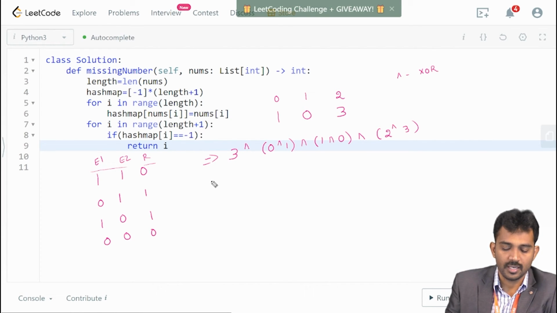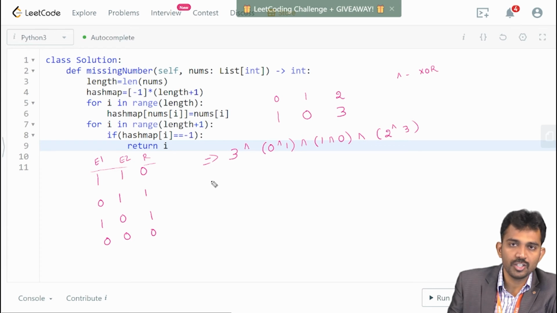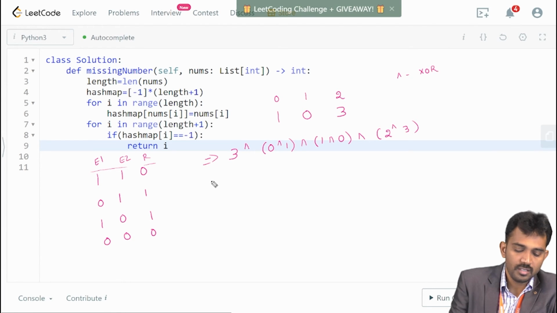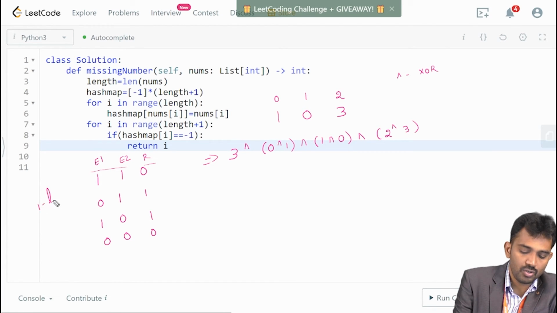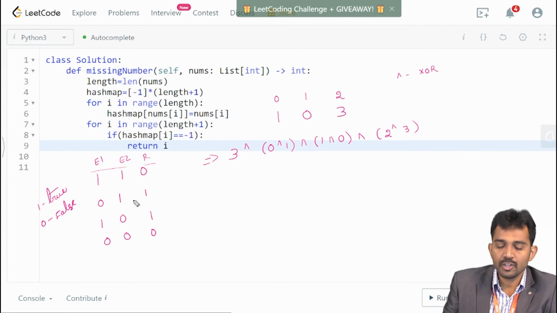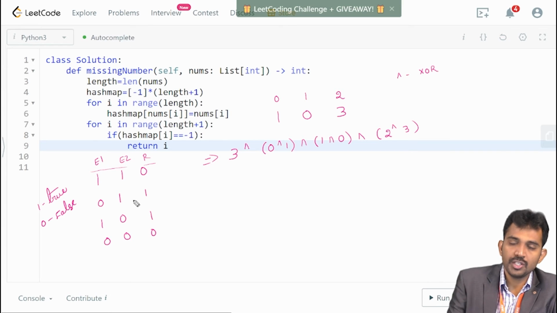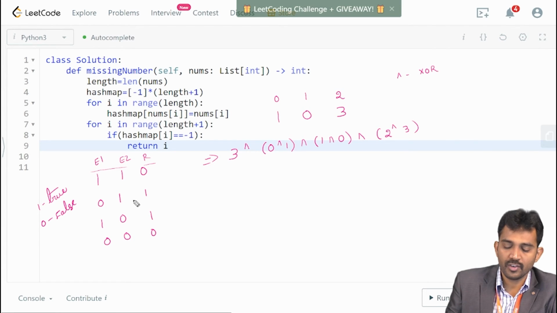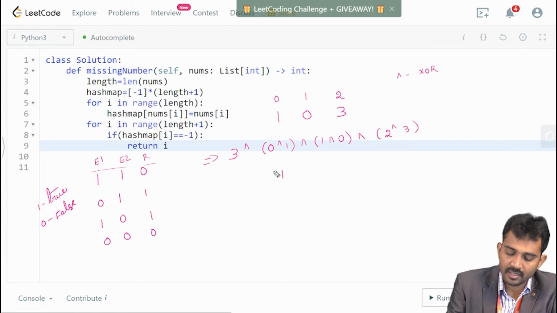Got it? So 1 means true, and 0 means false. Now try to solve this equation. 0 and 1 are both different, right? Then you will get a 1 here.